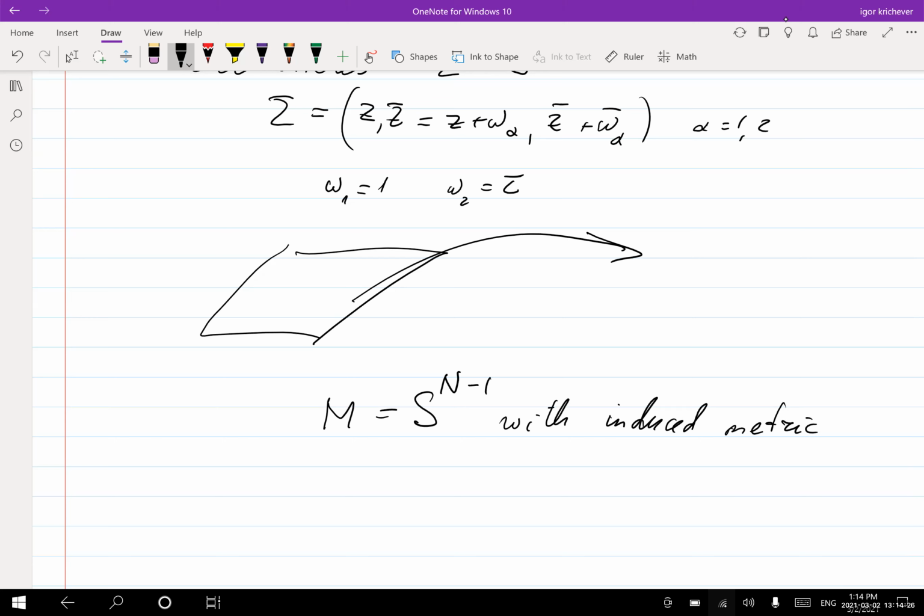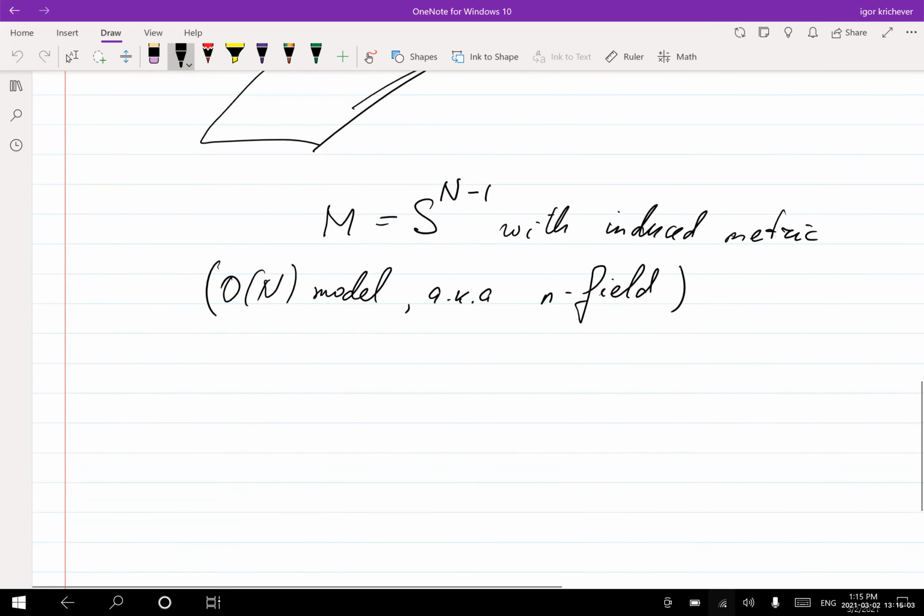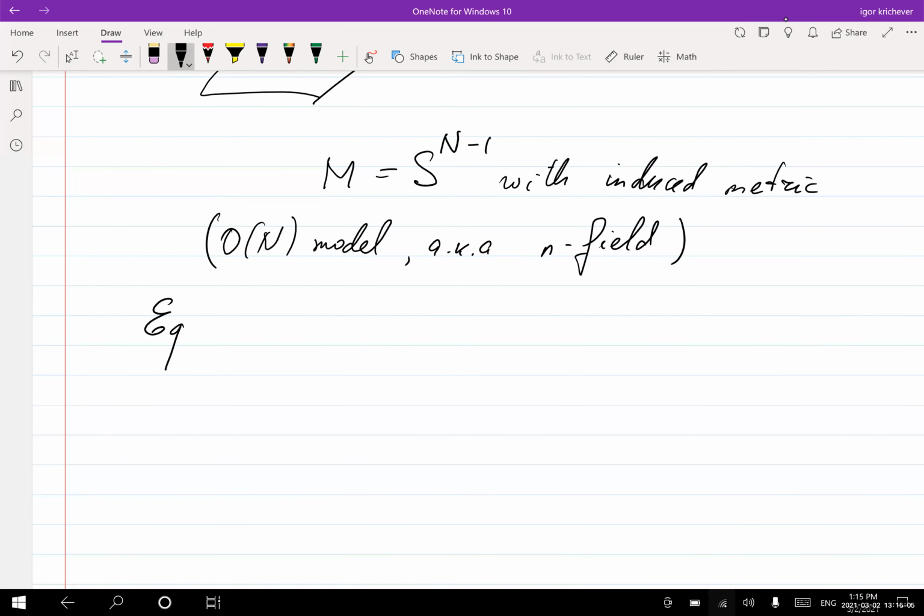Metric induced by embedding of a sphere into the Euclidean space. So it's called the O(N) model in physics, the N field. And for us, it's just to describe, we'll be interested to describe minimal immersions of a torus into an n-dimensional sphere. So in this case, equations of motion